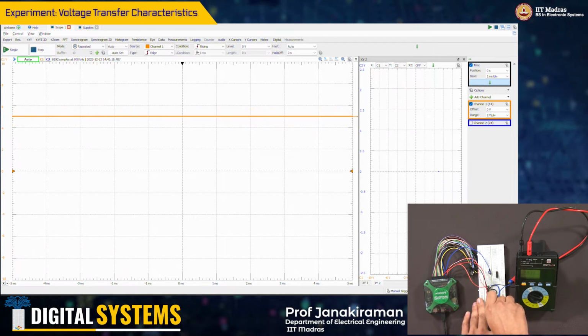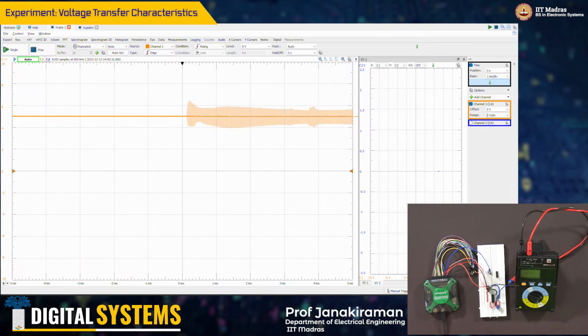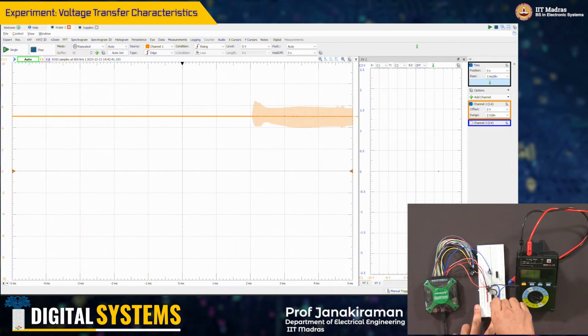Somewhere near 1 volt, what you see is the output is still unchanged. So we did 3 things: 0.17 volt, 0.5 volt, and then 1 volt. And what we have observed is all this while the output is still 5 volts, there is no change. So I am going to go further, until the point I start seeing the output drop,